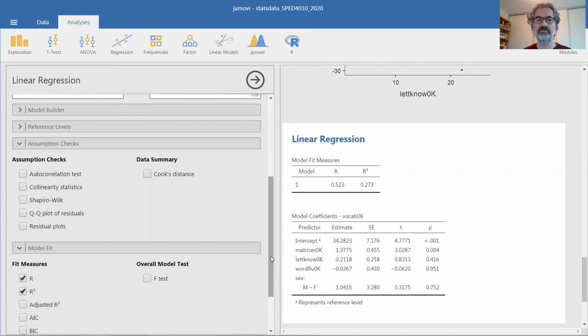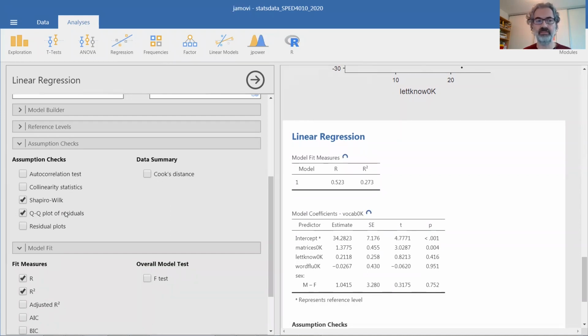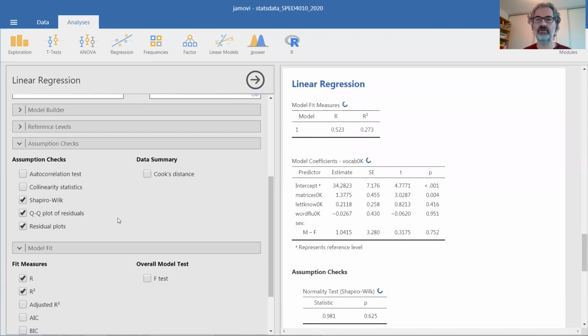Let's first look at our assumptions. Shapiro-Wilk and QQ plot for normality, residual plots for homoscedasticity, and also collinearity diagnostics. Collinearity is a condition where your independent variables, when you have multiple predictors that are highly correlated with each other, creates instability in the estimates, and it becomes difficult to say which of the predictors is actually affecting the dependent variable. In this case,